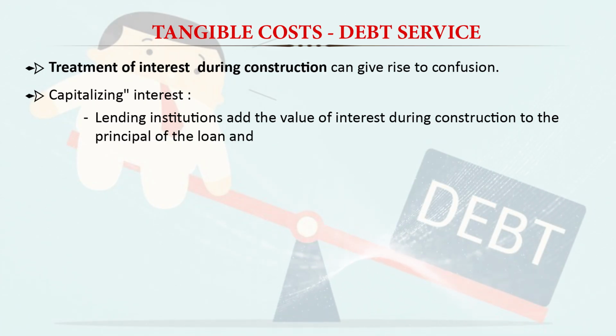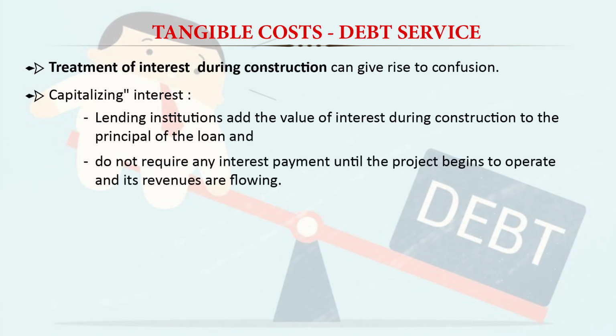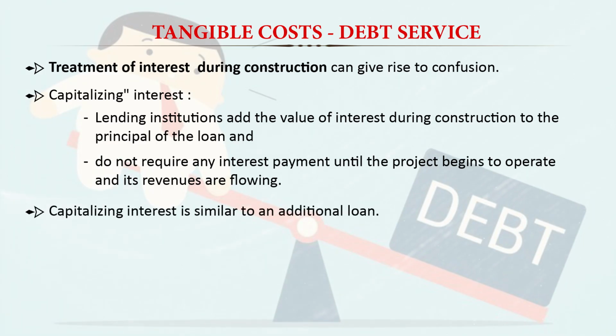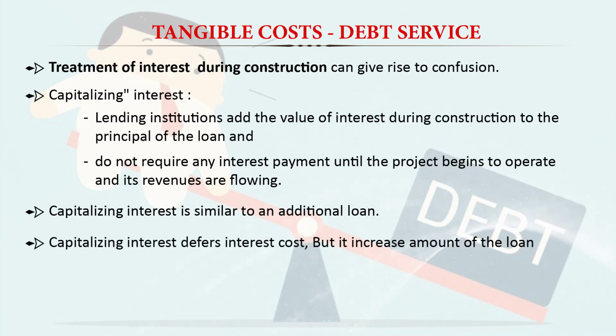So actually what the lending institution does is add this value of interest during the construction to the principal of the loan and not require any interest payment until the project begins to operate and revenue starts flowing in from the project. So during the construction period, till the time the project starts producing the goods and services, the interest component is included in the principal itself. So that part becomes a principal amount. So the capitalized interest is similar to an additional loan,